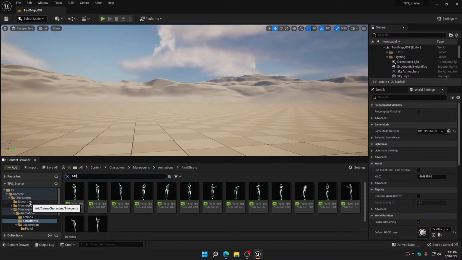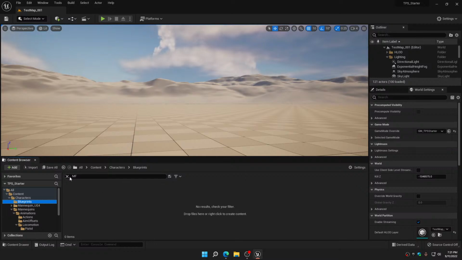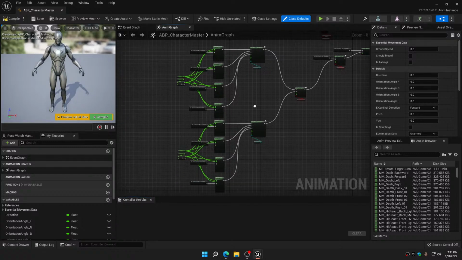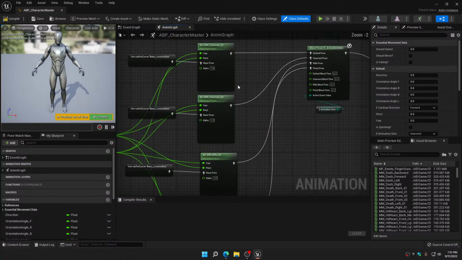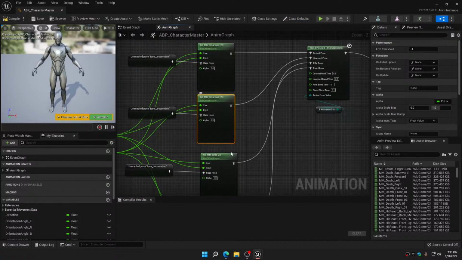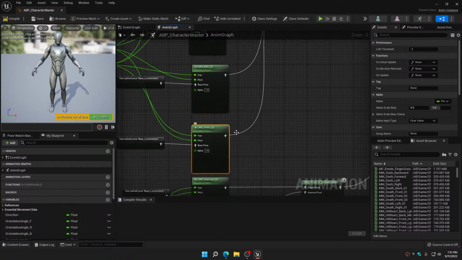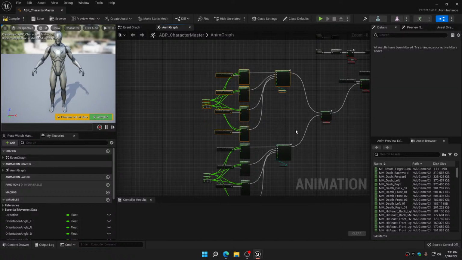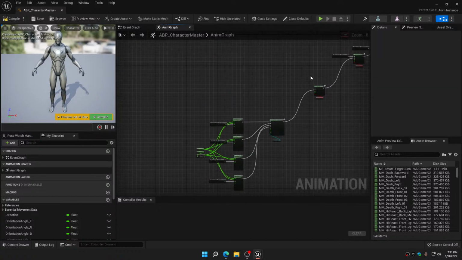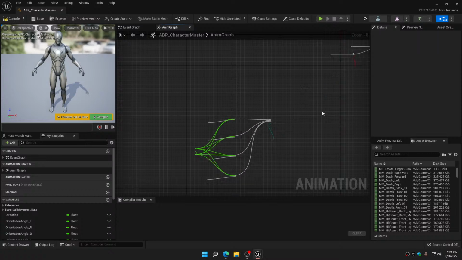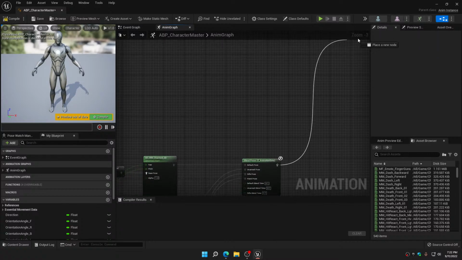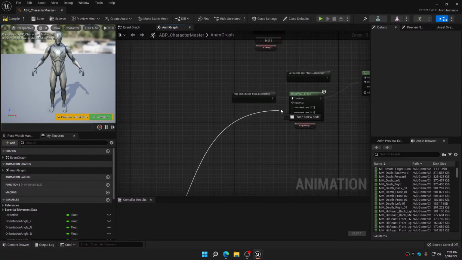So if we go back here and look at what I was fixing to do, what I was fixing to do was put in female variants of all these aim offsets when I only need one, right? Because all the rest of them are the same. So if I delete all this that I just did, undo every bit of that, and we connect this back to the way that it was here,